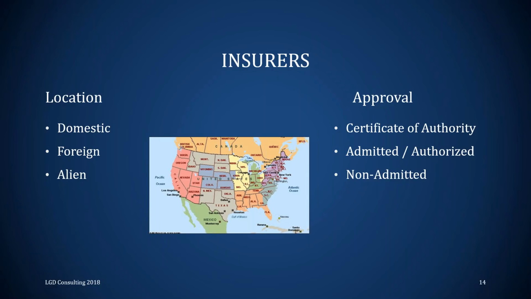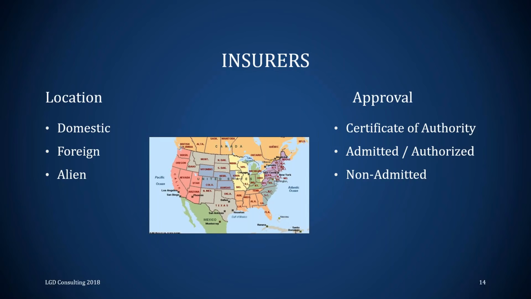And if your company originated outside the jurisdiction of the United States, they're called an alien insurer. So remember, domestic is within your state, foreign is outside of your state, and alien is outside of our country. Now, it doesn't matter where you're from. In order to openly, actively sell in the state, they have to pick up a certificate of authority. And then they would be classified as admitted, or sometimes you'll see authorized, which means they're authorized to transact. This is your insurance company's license to openly, actively sell their products in the state.